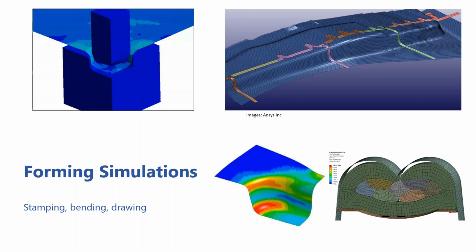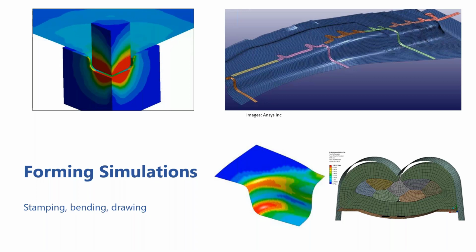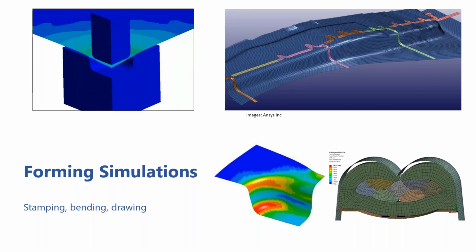Another great application is forming, and LS-DYNA really shines in this area. Anything that involves material forming, whether it's bending, drawing, stamping, crimping, just because in explicit dynamics, I've said it once, I'll say it again, the fact that you don't need to worry about convergence means that anything that involves extreme amounts of strain really doesn't trip the solver up,